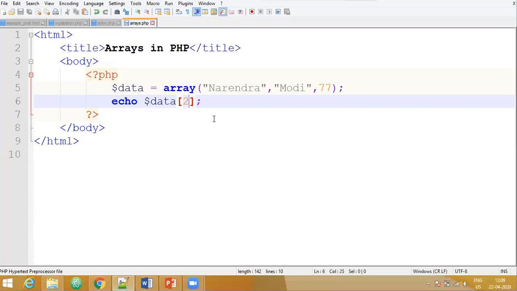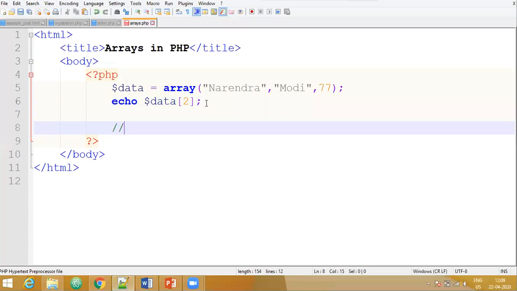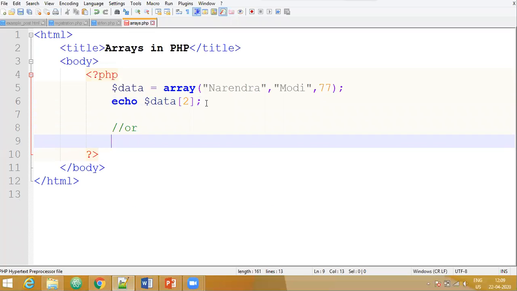Now this is one way of creating an indexed array. This method is called creating an indexed array automatically. That is, the index values here are automatically taken. Now we have one more method of creating the indexed array, that is creating it manually.